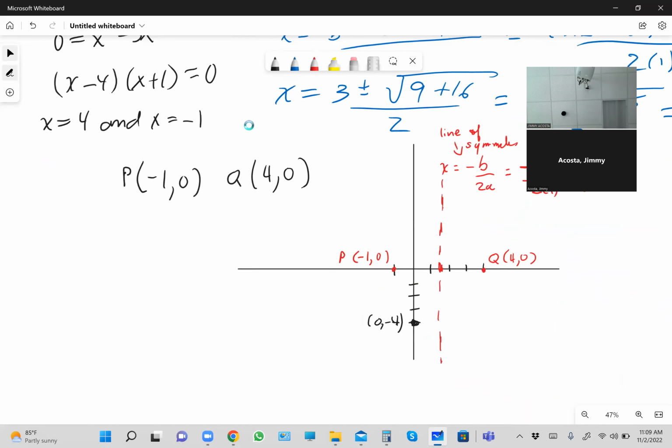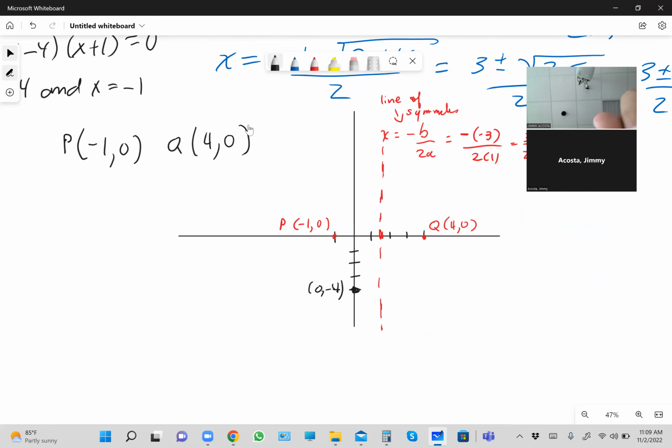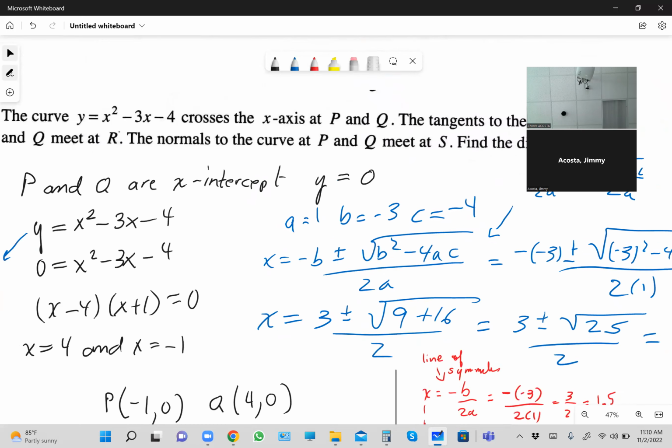So now I can go down here and put, here's 4, 5, 6, 7. So it's like right around there. So if I complete my sketch, my parabola looks kind of like that. Yeah, there's a delay. So now, if we go back to the question up here, it says the tangent to the curve at P